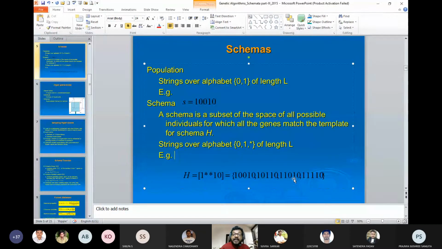The idea is that instead of generating a population randomly, we impose a restriction that those things which are generated randomly must fall into this schema, so that with a minimum number of steps we are able to optimize the function. That means I will select the first item, I will never select the last item, but I will select the fourth item, so that my profit will be maximized.